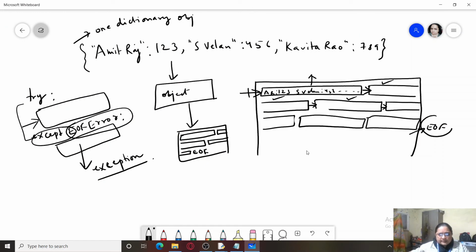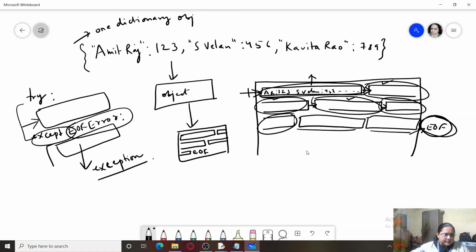after EOF is encountered. So it has read the first one, then it checks for end of file error. Until and unless it finds the end of file, it will go on reading these objects and printing them, doing the processing according to our requirement. And the moment this EOF is encountered, the statements written within the except block will be executed, and pass says not to do anything.